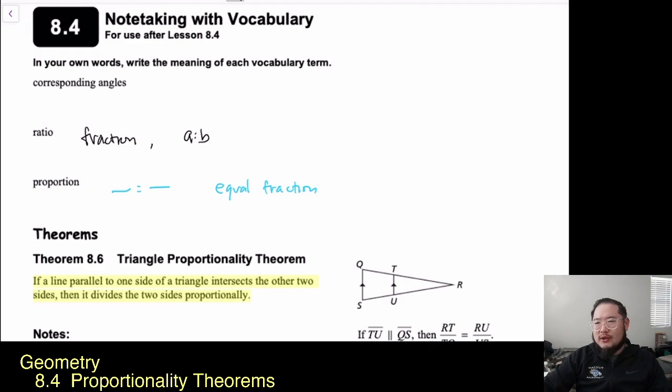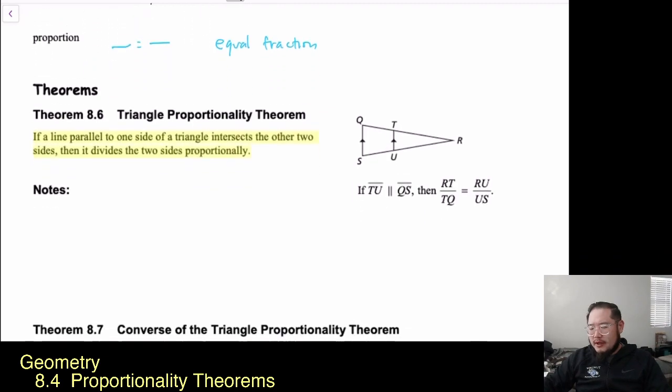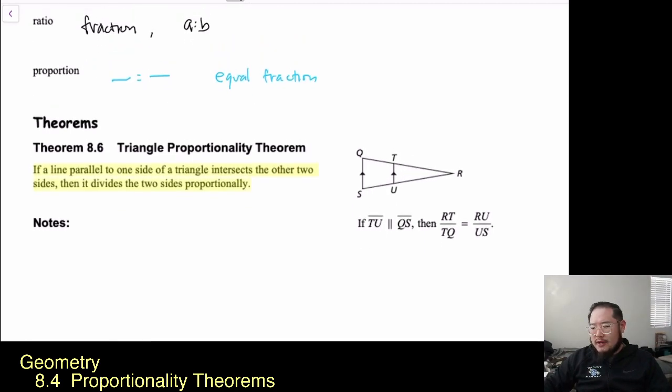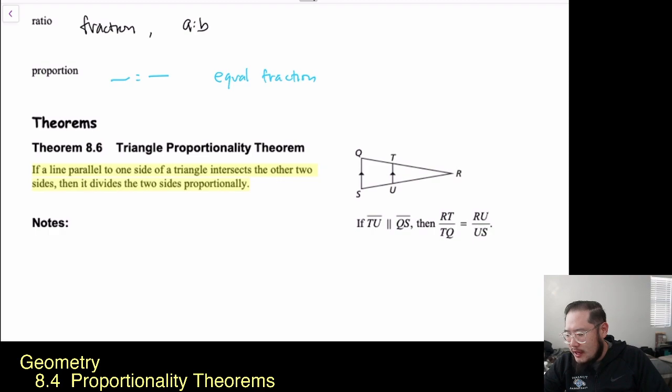I guess it takes us to our theorem 8.6, our triangle proportionality theorem. And we could use this if a parallel line to one side of a triangle intersects the other two sides, then it divides the two sides proportionally. So what they're saying is that if I have two lines that are parallel, I've got QS, I've got TU, those two lines happen to be parallel. Then we can go ahead and say that RT